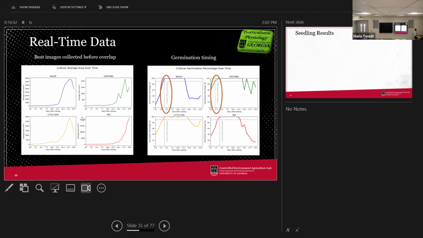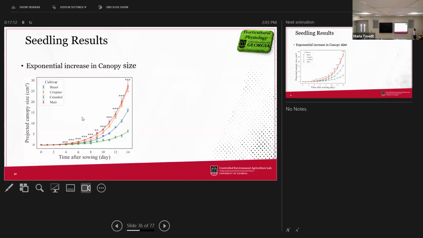Another nice feature, of course, is the germination. This tool will tell you when you reach your germination, and you can compare it across multiple cultivars or treatments you have. For example, this cultivar Buell reached 90% germination in about 4 days, but the other one took about 2 days. Those comparisons are very important when you want to understand what's happening with a seed lot, what seed lot has more potential to give you a better yield in the future, and what can stand harsh